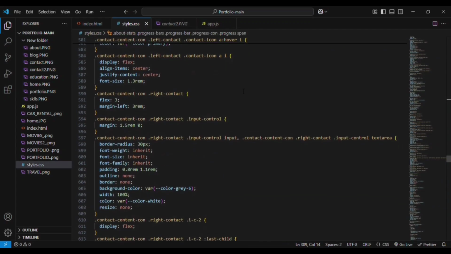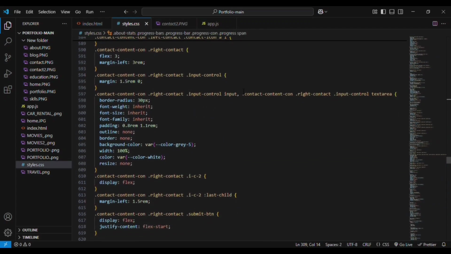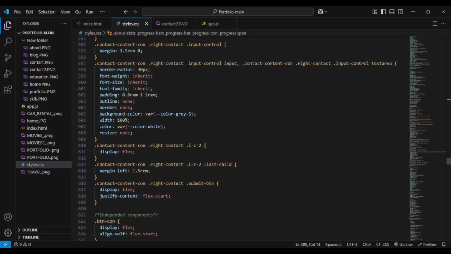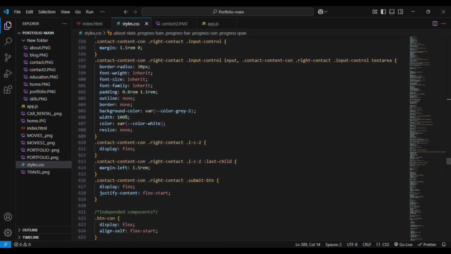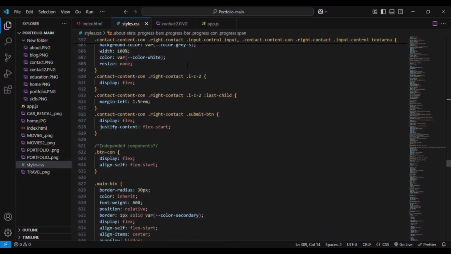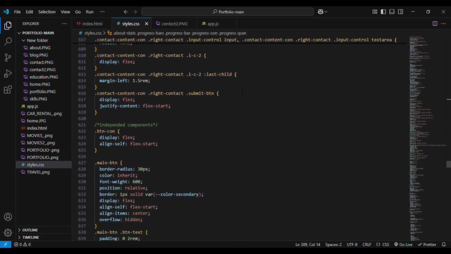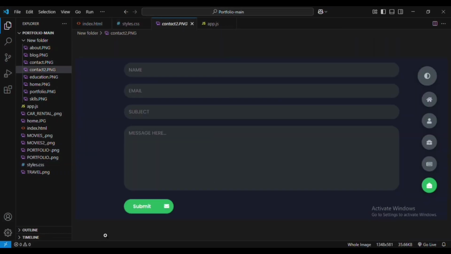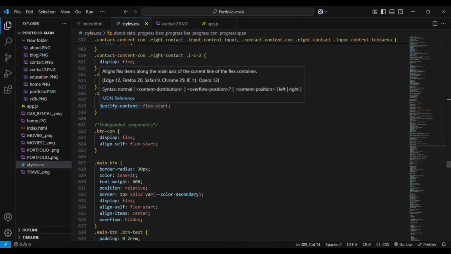And then we have the right content. For the right content, flex is 3, margin left is 3 rem. Then input controls are given to it. Text area. Then we have the IC2 and last child. This is nothing but margin left. And for the submit button, we are using display flex. Justify content is flex start. You can see this button will start from the form starting position, because we added justify content as flex start. Then we have